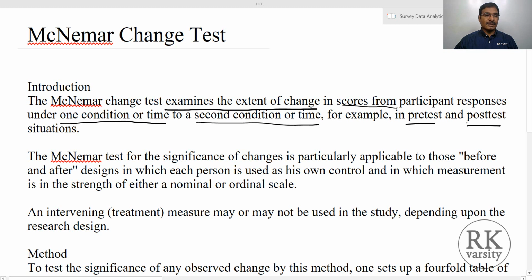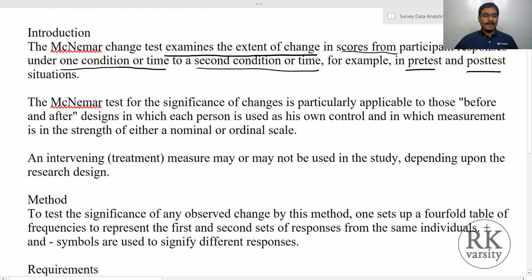McNemar change test for significance of changes is particularly applicable to those before and after research designs, in which each person is used as his own control and in which measurement is on a nominal or an ordinal scale, preferably on a nominal scale. Sometimes you may even have an ordinal scale also.